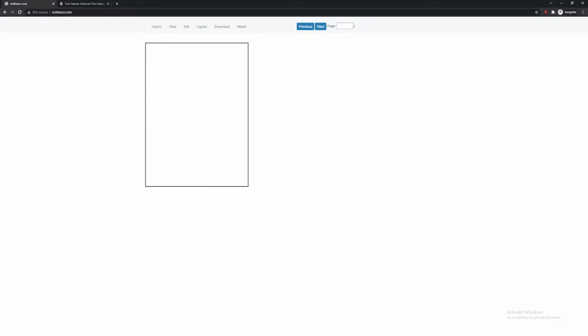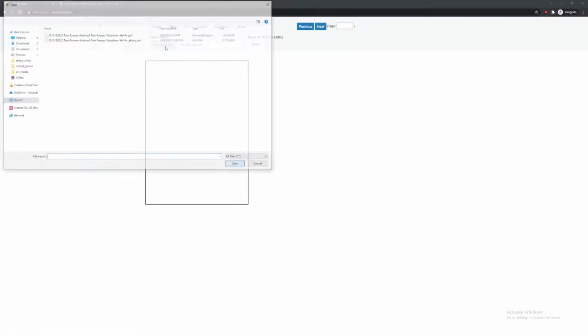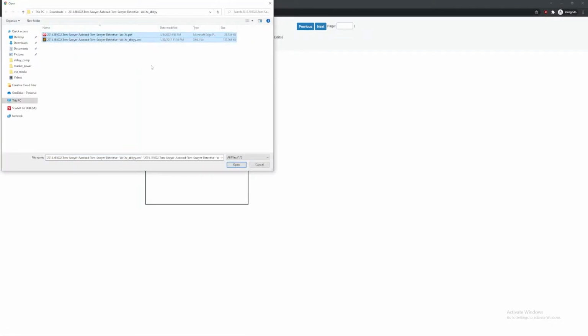We'll start by opening up scribeocr.com, clicking Import, and selecting both the image or PDF files that contain the scanned document, as well as the OCR data. Note that Scribe OCR does come with the Tesseract OCR engine built in, so you can simply upload an image or PDF file and generate new OCR data. However, for this example, we'll be proofreading existing OCR data, which is supported for both Tesseract HOCR and Abbyy XML